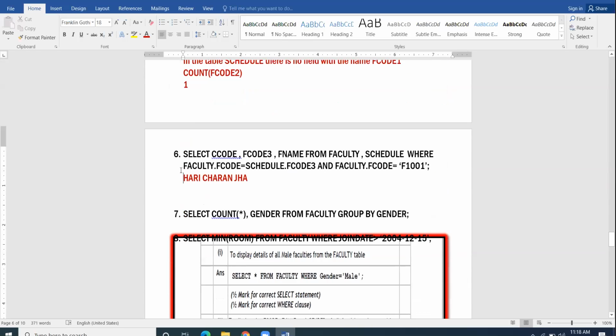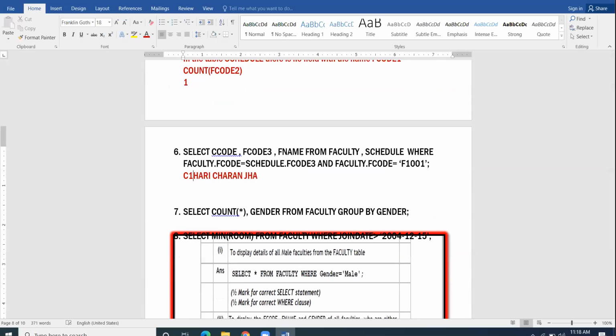Then F code 3 is F1001. This is the answer. Am I clear? Am I thoroughly clear?